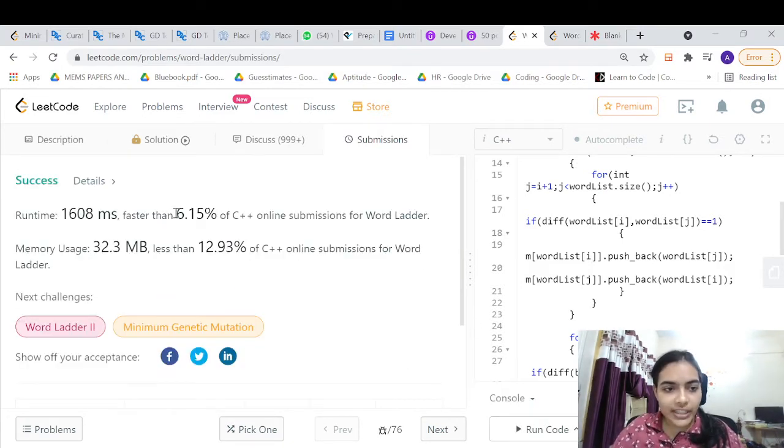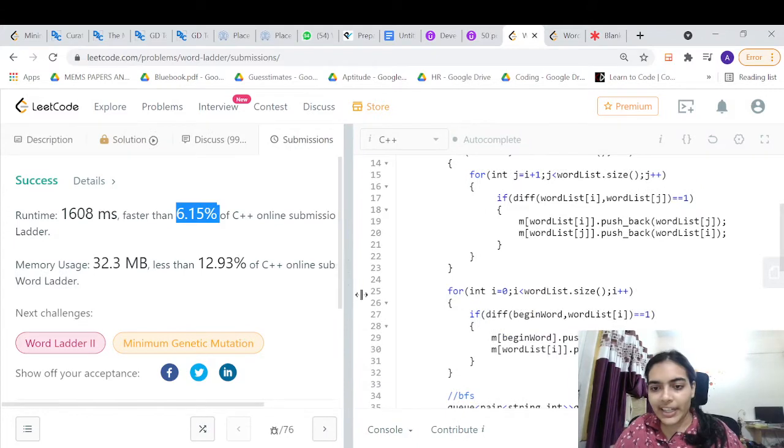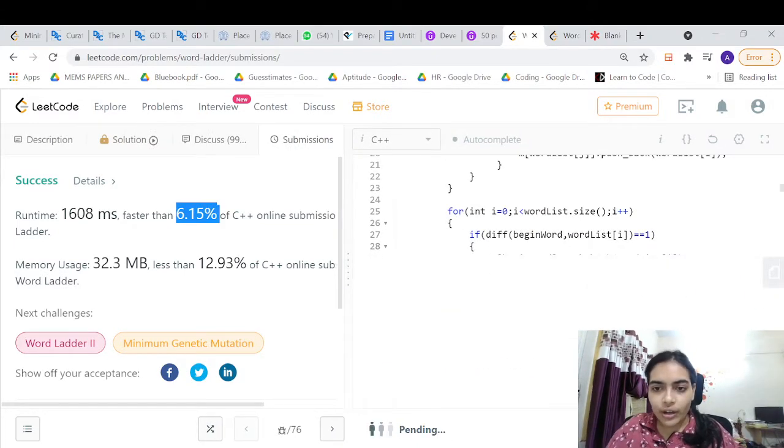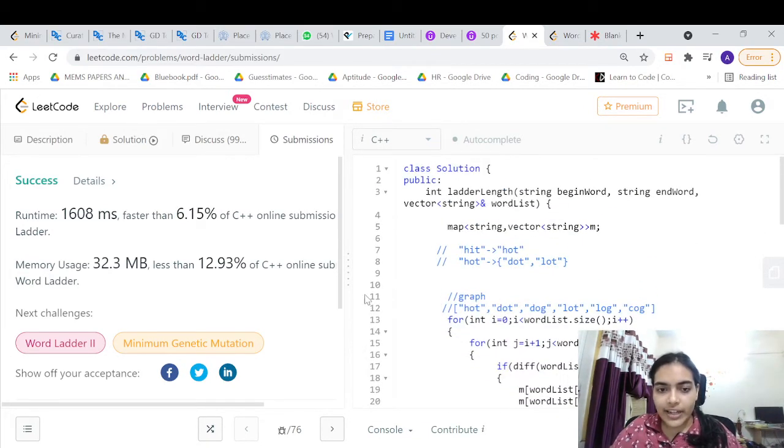Okay, so it is fine, but it has a very bad time complexity, right? Even sometimes when I was trying to solve this problem earlier, I was getting a time limit exceeded error. If I run the code, it's going to give you the correct answer, but its time complexity is very bad. Why is the time complexity bad? Let's try to analyze that.